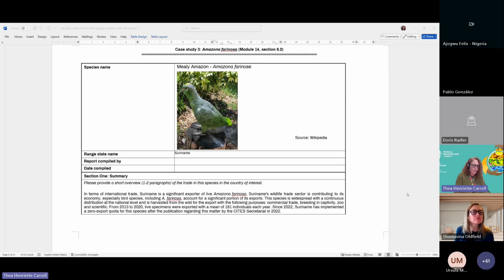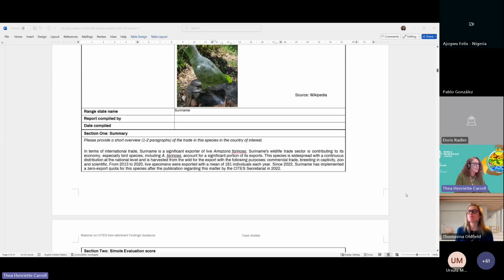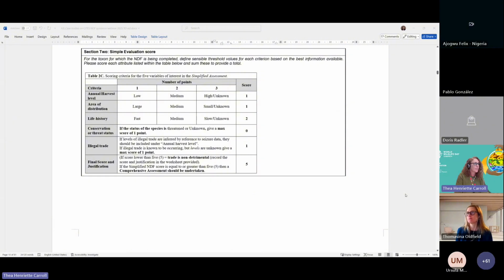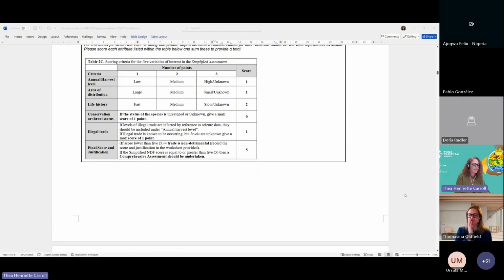So a few things we want to highlight. I'm going to go to the table here. So in terms of annual harvest level, this was scored as low. They harvest less than 200 specimens, or they export less than 200 specimens. And just to note that